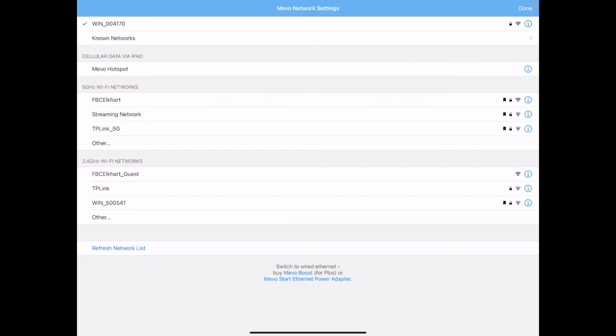If the Wi-Fi at your venue is not reliable, if it doesn't have enough upload speed, by the way, you're going to need 4 to 5.9 megabits per second upload for a 1080p stream. You're going to need 2 to 3.4 megabits per second for a 720p upload speed. You're going to need 1 to 2 megabits per second for a 480p upload. If your Wi-Fi doesn't give you that, or